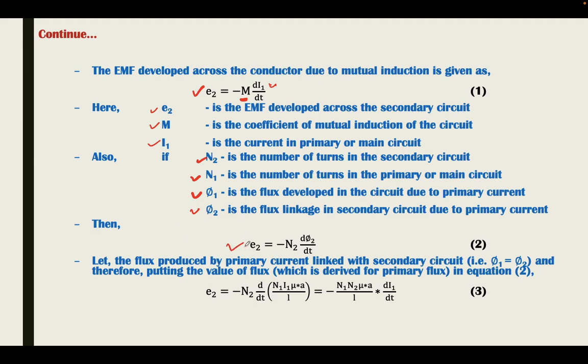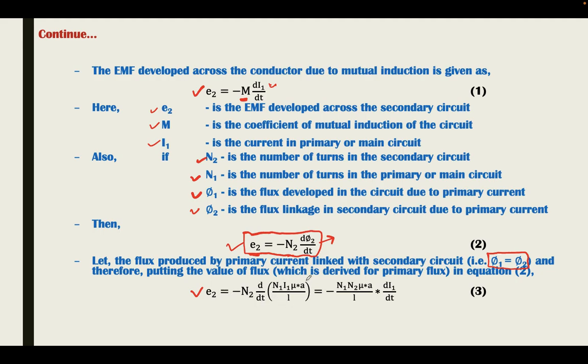Hence, in another way, in terms of number of turns and flux, E2 can be written as minus N d phi by dt. Here the number N is N2 and the flux is phi2. This magnitude is defined in terms of the parameters in the second coil or the secondary coil. Now let the flux produced by the primary current be totally linked with the secondary, so phi1 is equal to phi2. In that case we can say E2 is equal to minus N d phi by dt,